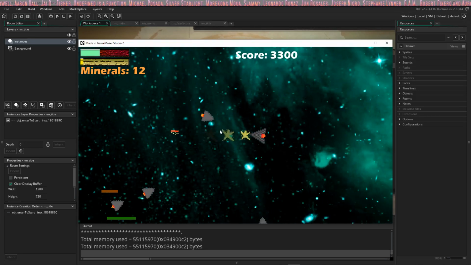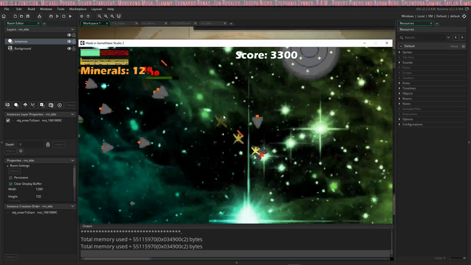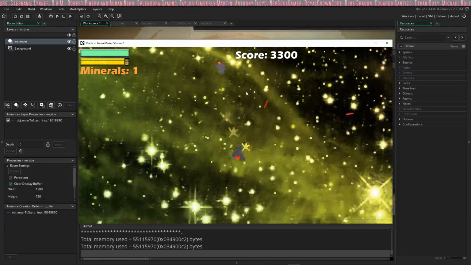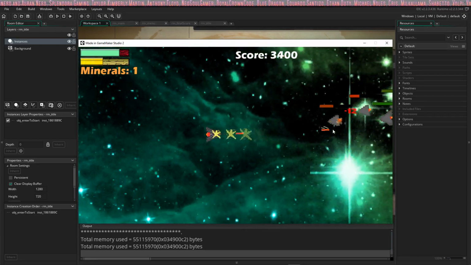Let's go and repair, if we can make it to the... Oh no, I missed it somewhere. Okay, so I can spend a mineral, and I repaired my ship, and then I've got a couple minerals left. Let's upgrade again, and now our lasers should do 12 damage. Yep. If I were to upgrade this again,